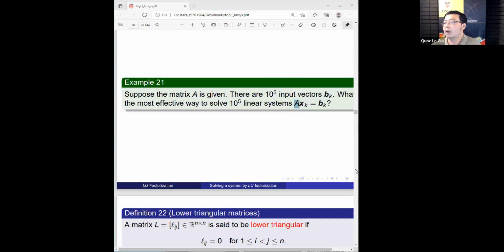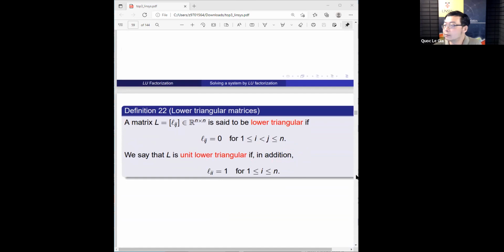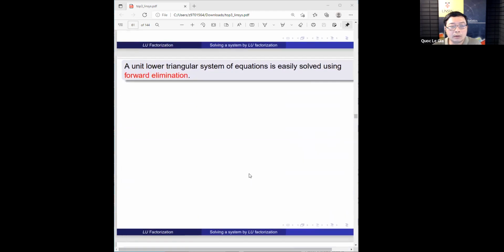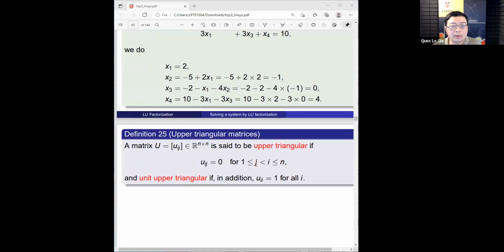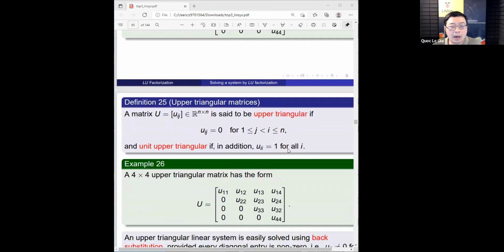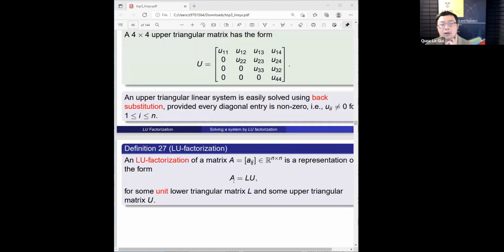And then we defined what is a lower triangular matrix, a unit lower triangular matrix, and then we defined what is an upper triangular matrix. Then we say that a matrix A has a LU factorization if you can write A as a product of a unit lower triangular matrix